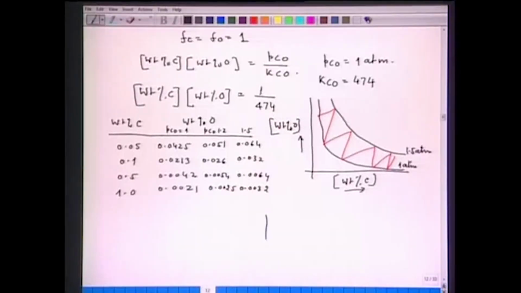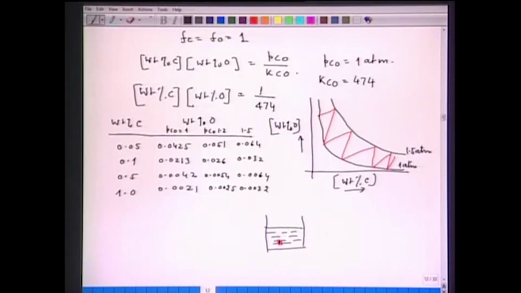Now, you must be wondering what does it mean. For example, if I consider a bath, a hot metal bath, this is hot metal, and from here, for example, a nucleation site is somewhere here, and here a carbon monoxide bubble is evolved. So, at this particular location, if this is the nucleating site for nucleation of C and O, that is equal to CO bubble, then the total pressure on this bubble will be equal to